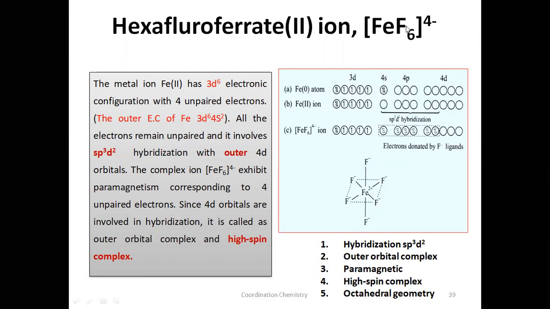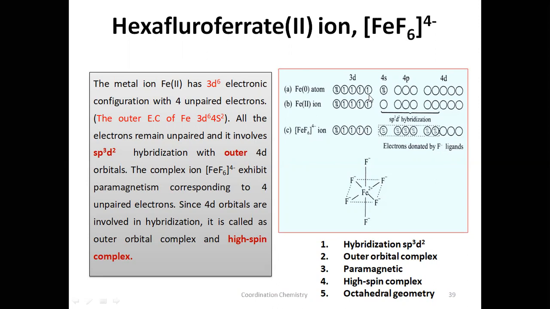Now, in the last class I have already told you that cyanide ions, ammonia, and carbonyl are strong field ligands. In the presence of these ligands, electron rearrangement will take place within the orbitals of the central metal atom. But if other ligands are there, there will be no rearrangement. Since fluoride is a weak field ligand, the electron rearrangement will not occur here. So the electrons will not get paired up.